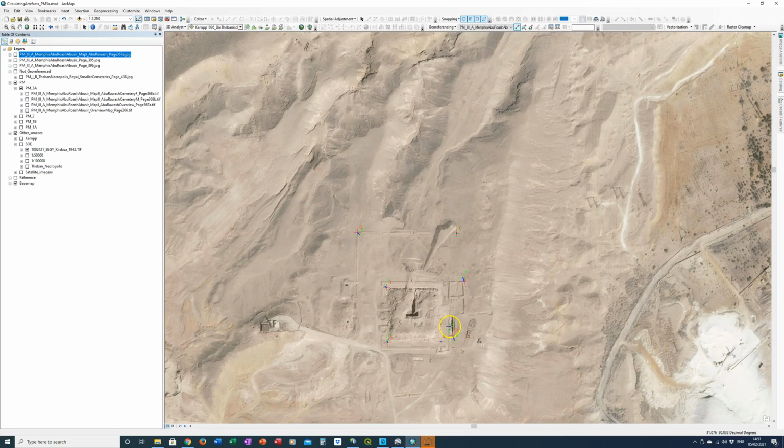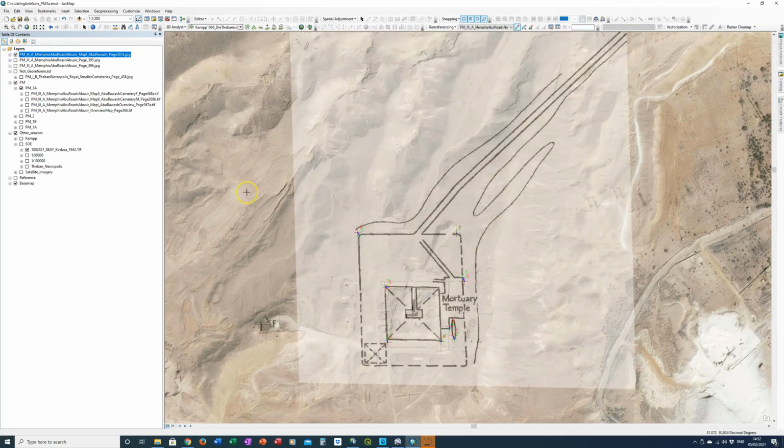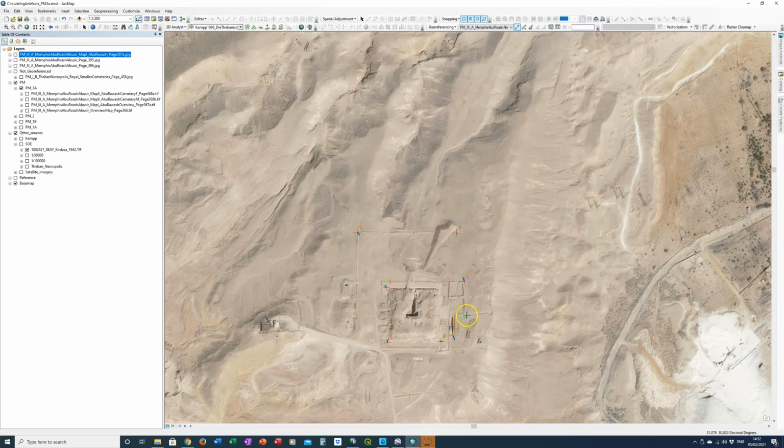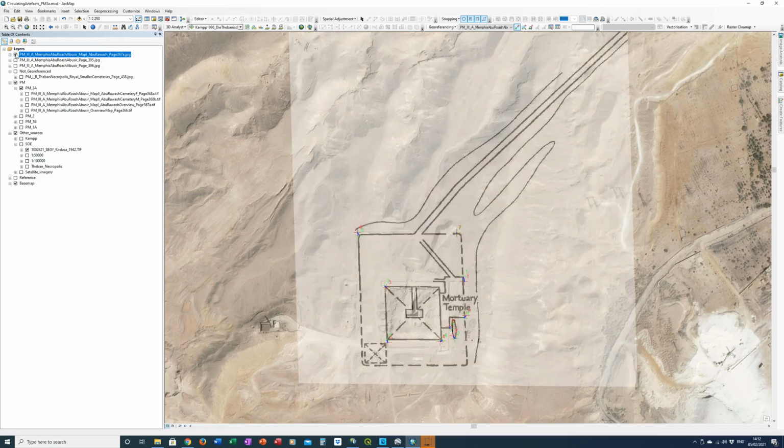Like I said, it's always worth putting in extra and then deleting them later if you need to. Now, that's not too bad, but I suspect we're going to find there's some